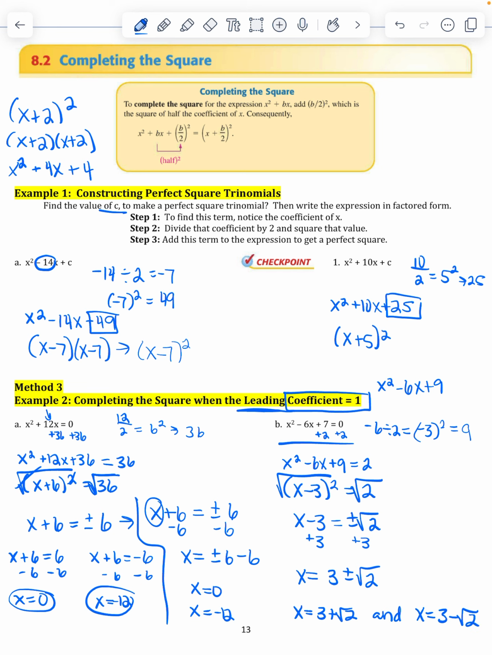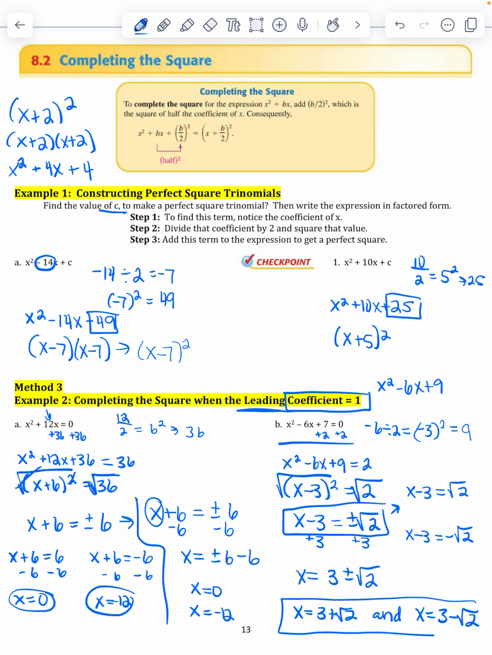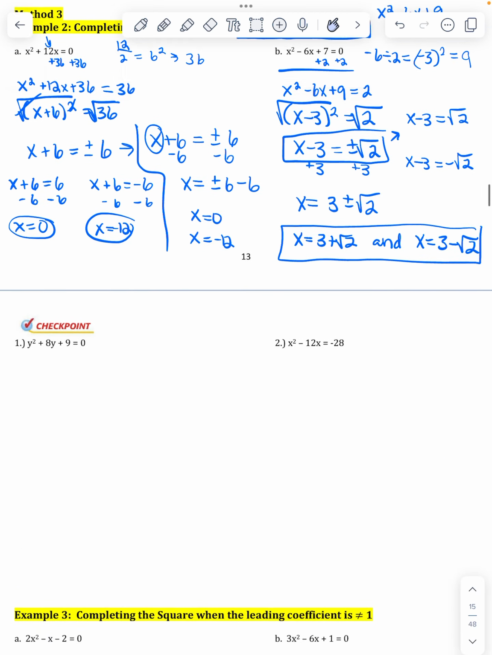If you would prefer at this step to set this up as two different equations, you can also rewrite this as x minus 3 equals the square root of 2. Solve it, and then x minus 3 equals the negative square root of 2, and solve that, and either way you would be left with these two answers. Now on the next